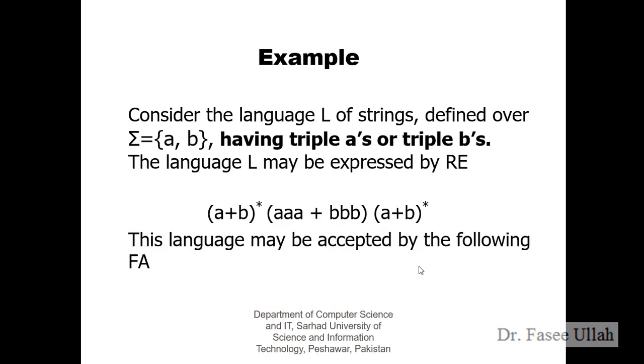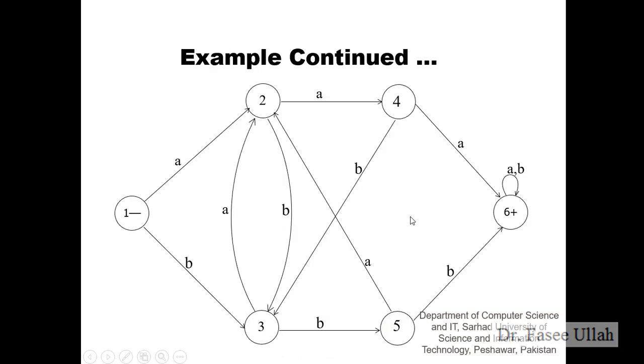Next we have a language, L, of strings containing A and B with the condition of triple A's or triple B's. Okay, it is very common, triple A's and triple B's, starting and ending with (A plus B) whole star. So let's see triple A's. First of all, meet the initial requirement, triple A's and triple B's. Triple A: 1 time A, this is 2 times, this is 3 times. Then we have triple B, this side and this side. So we meet the 3 times.